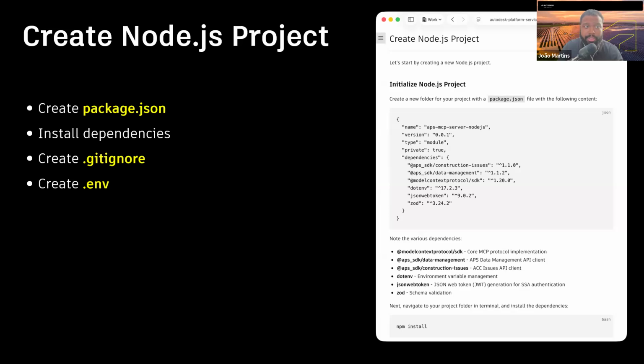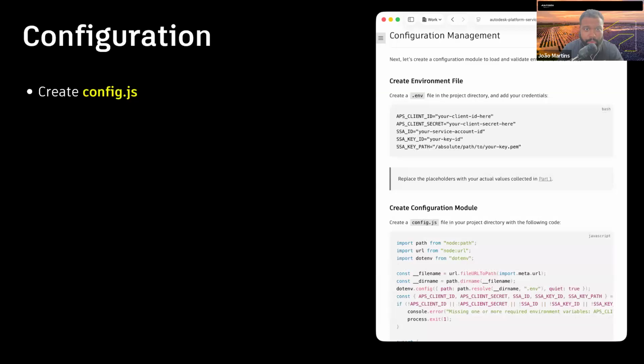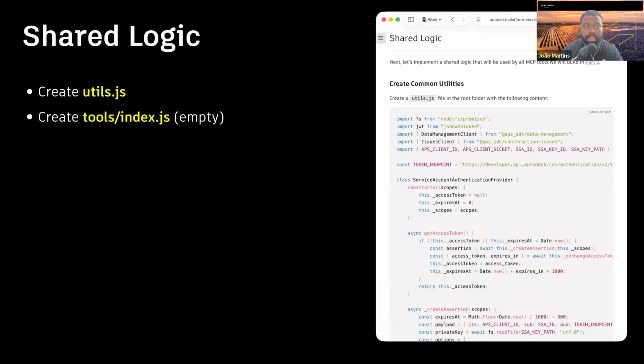And the git ignore must include this .env file, otherwise we might expose by accident our private key, client ID, and client secret, and we don't want that. We are going to also manage the config file to read all of our environments that will be used to generate our token, create a utils.js with methods to create the assertion and to generate the token, and any utilities that can be shared across all the tools for our server, and also the index.js